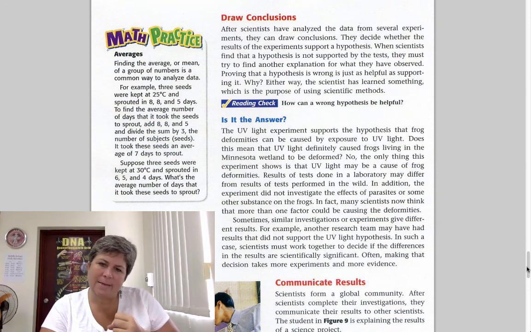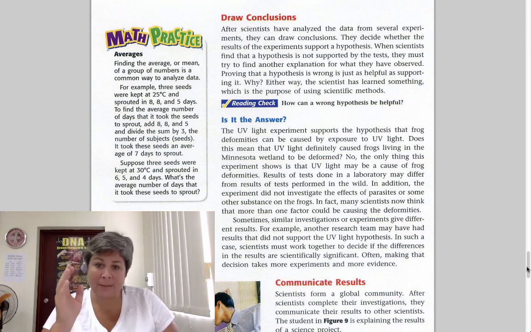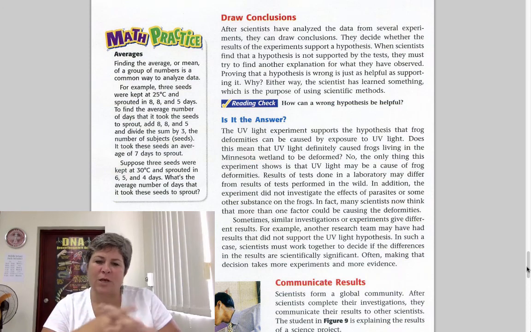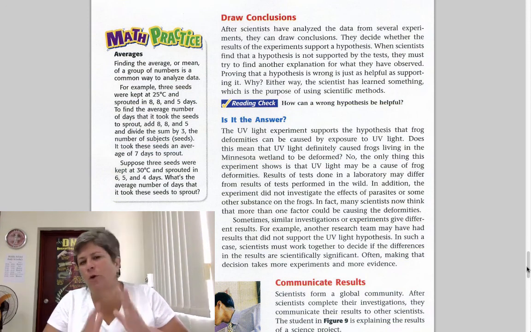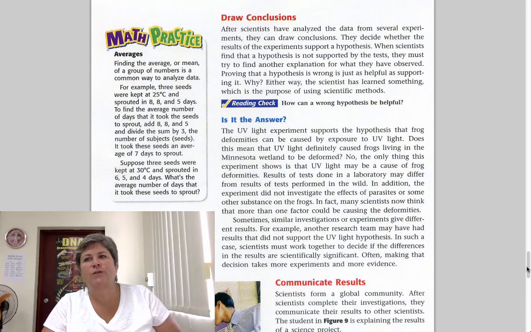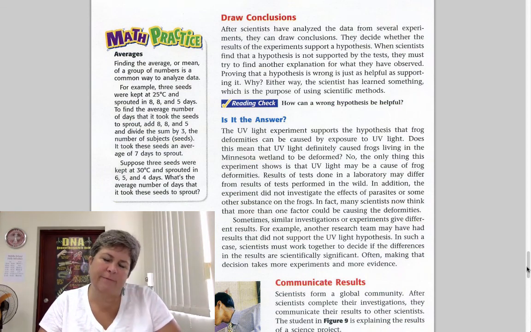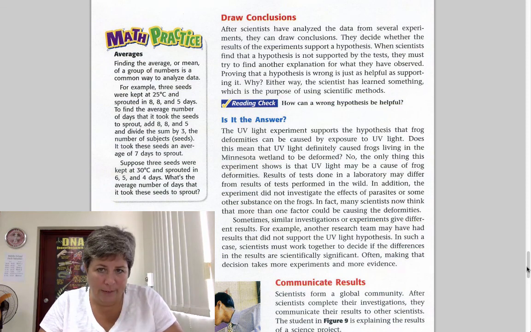So, I said that if frog eggs were exposed to UV light, then they would develop into deformed frogs. That was my original hypothesis. And the data, which I analyzed, seems to support that hypothesis, okay? But you only tested one variable. You only tested one factor. So you cannot say definitively without any doubt that UV light is the only reason why those frogs in Minnesota